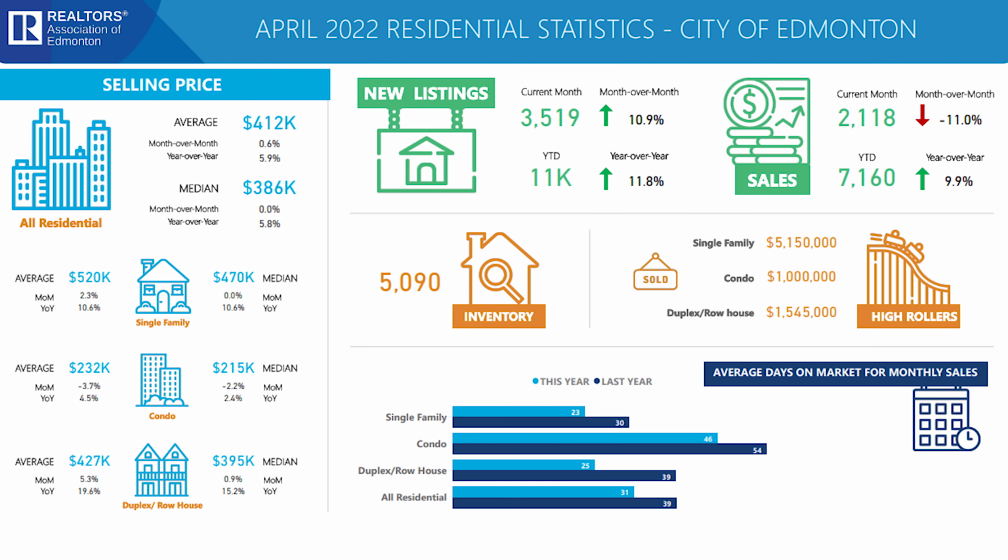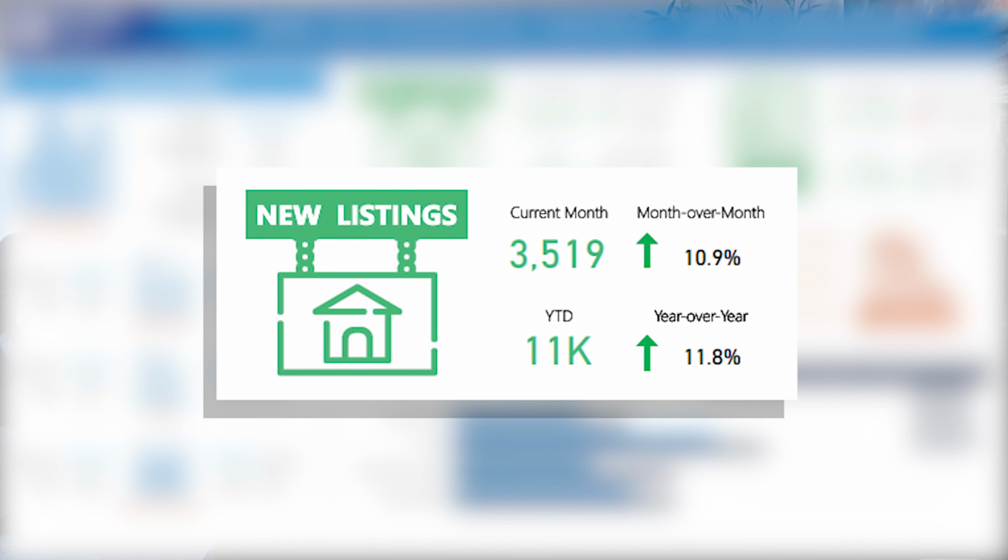Now, if we just look at new listings in Edmonton, we had 3,519 new listings this month, which was up 10.9% from last month, and also 11,000 so far for the year, which is up